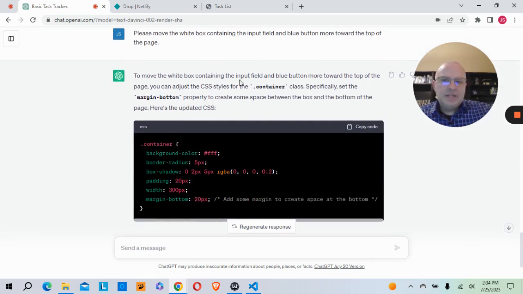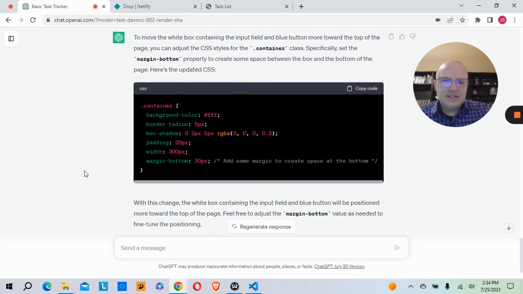Okay, to move the white box containing the input field and blue button more towards the top of the page, you can adjust the CSS styles for the container class. Specifically, set the margin bottom property to create some space between the box and the bottom of the page. Here's the updated CSS. Okay, so what I'm going to do is copy this code snippet here